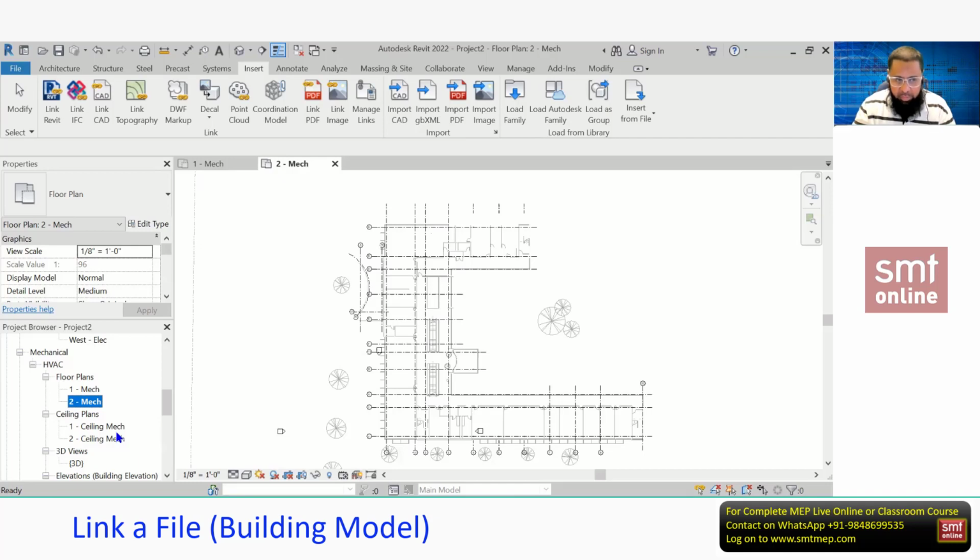So 1 minute. Based on this template file, you'll get this 2 views because of the 2 levels being default in the template file. Okay. But as per the project requirements, for example, if the project is of 10 levels, the remaining levels are your responsibility to create. But how to create? We have a topic. The next step only. Yes, online.